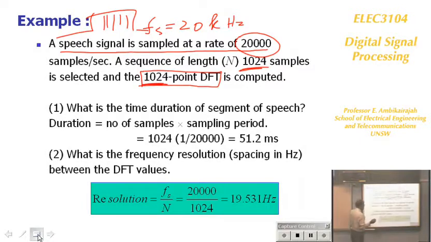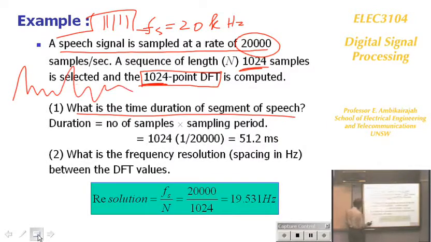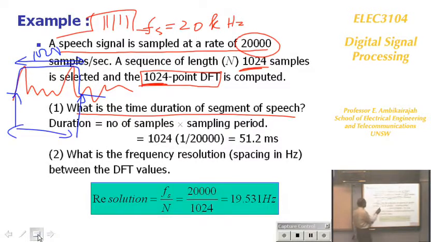If you do the DFT, the first question is, what is the time duration of the segment of the speech? So the speech is going like that, and you put a window on it. When you put a window of 1024 samples, you can start anywhere. If you start from here, say that's the window, that is 1024 samples, so you're starting at that time instant and finishing at another time instant. The question is, what's the duration of the signal? Basically we know 1024 samples multiplied by the sampling period, which is 1 over 20,000, is 51.2